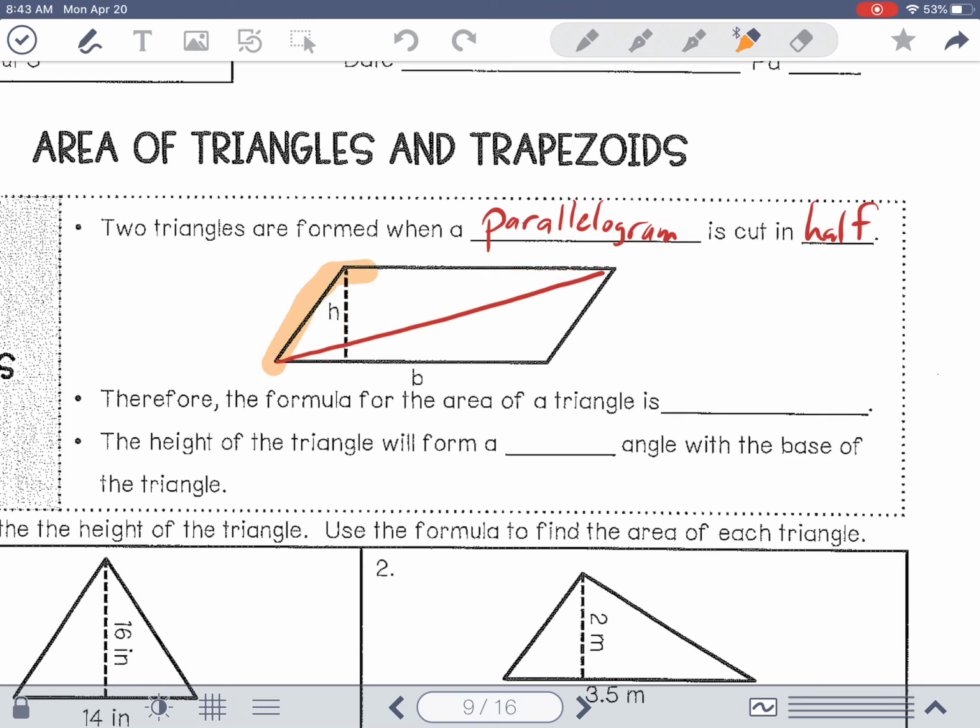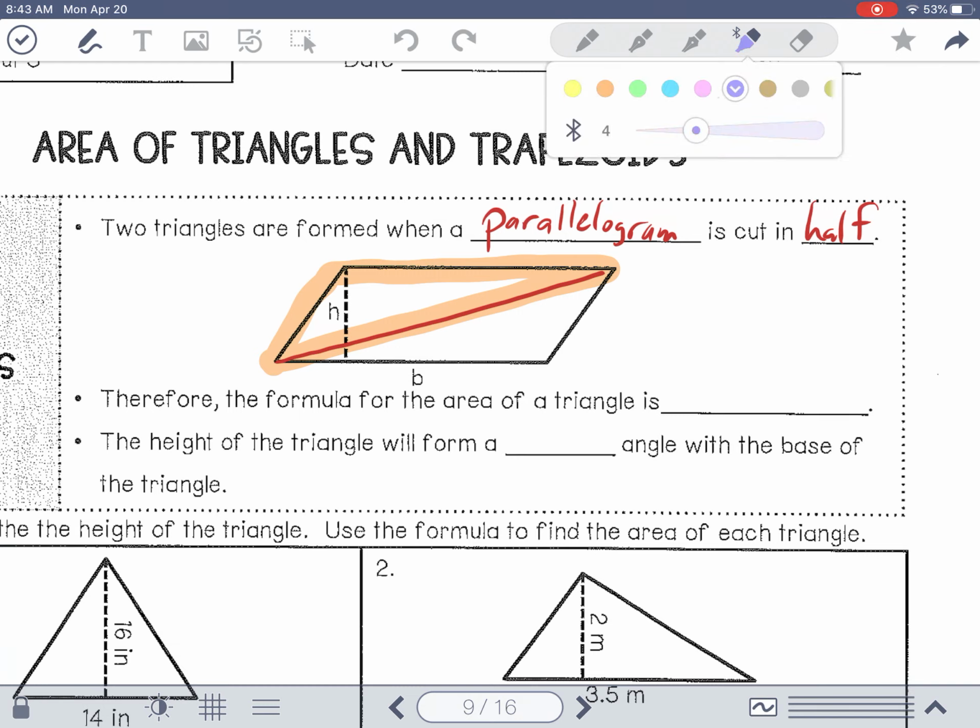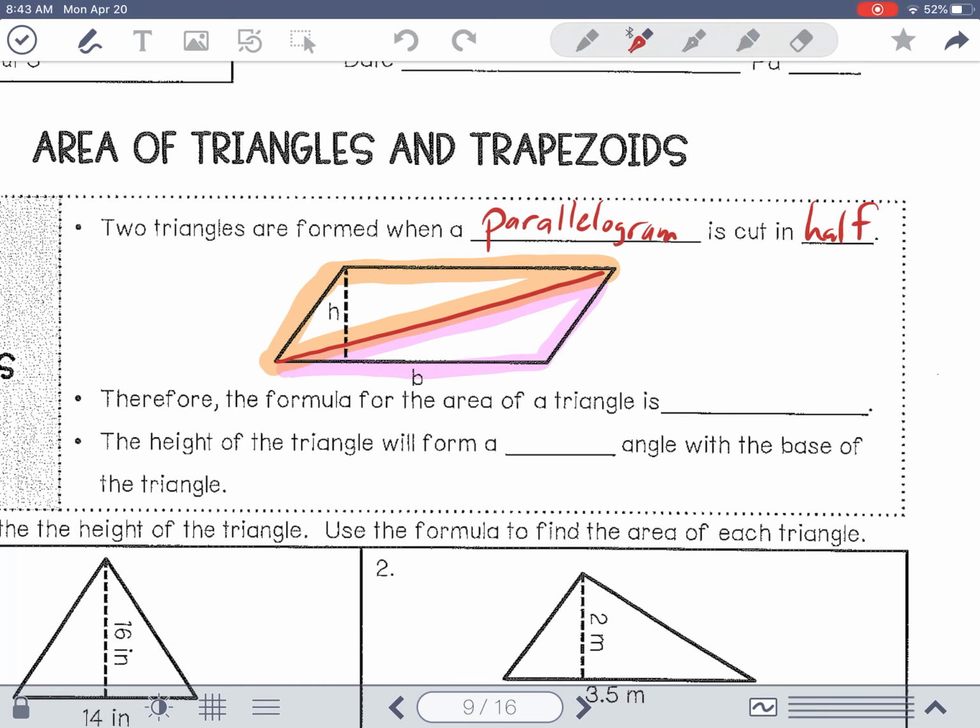I have an orange triangle and a pink triangle. Two different triangles. If a parallelogram is BH,